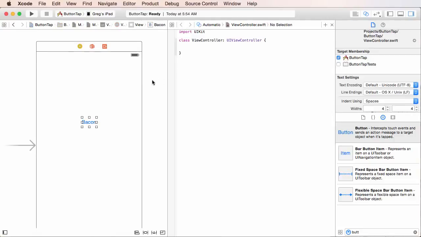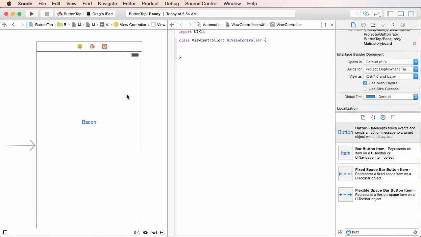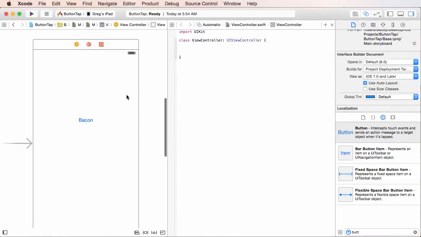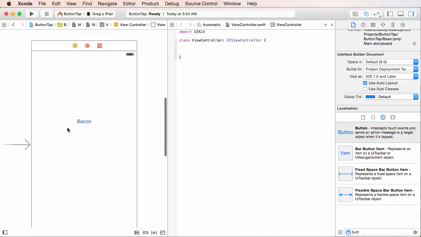All right, so how do we create that action method? You probably have to go here. And all right, what's the syntax for it? It's probably real confusing and I have to remember this. Well, check this out. This is one of the things I love about Xcode and iOS development. If you select this button,